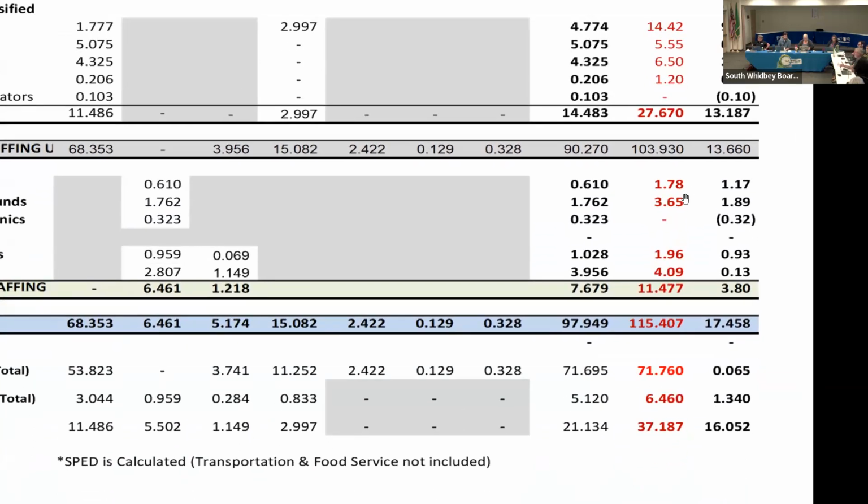So basically, in the 3 categories in the bottom, you can see that in certificated staff, we're slightly over. In administrative staff, about 1.3, but it's 16 FTE in classified staff that are not funded by the state at all. So we're picking up 100% of the cost of those salaries and benefits, and then we're picking up a percentage of the others based upon the funding model. That's why salary and benefits are such a large part of our budget.